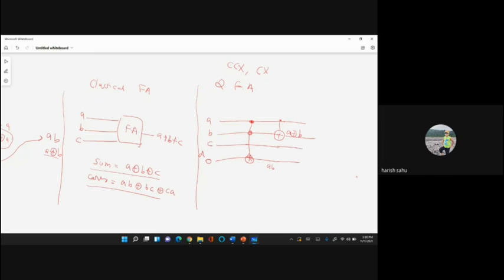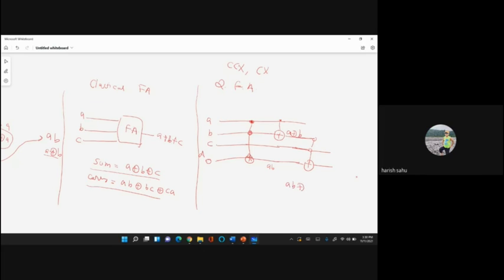Now suppose I apply a gate like this, where this and this are controls and this is our target. So what should it be?